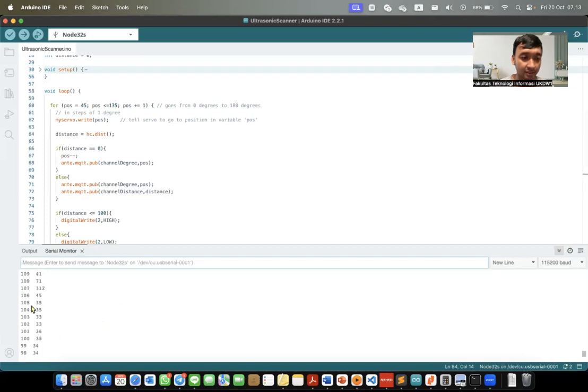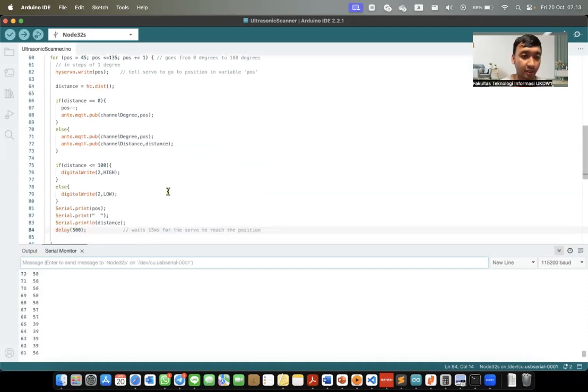The first column is the degree position, and the second column is the ultrasonic sensor value. The servo will move to another position with a delay of half a second.